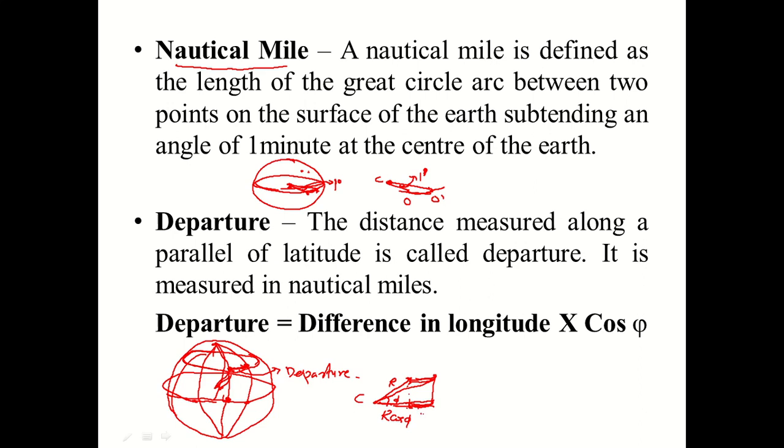This is called departure. Now I can write the departure using basic trigonometry. It is the arc length, and the angle is the difference in longitude. Angle is equal to arc length by radius, so arc length, which is the departure, is equal to